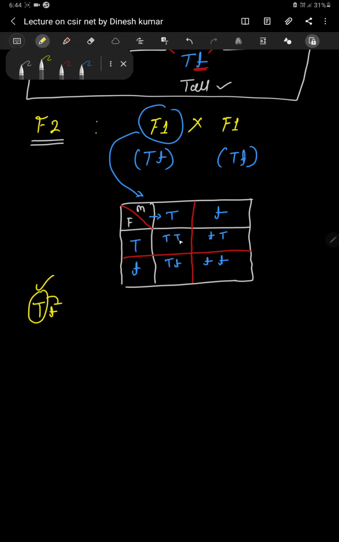So capital T, this plant will show the phenotype tall, and small t with capital T as well. Now this is a hybrid kind of plant. But we know from the F1 generation that capital T is our dominant character, so this will always express, and the recessive character, small t, this time gets suppressed.